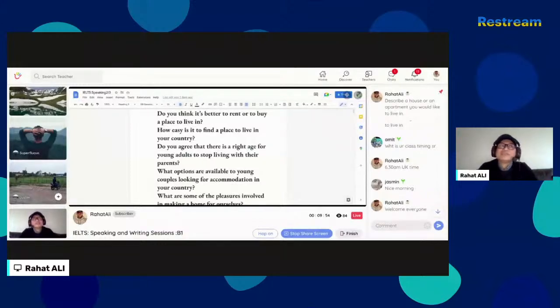You have explained passive voice. In this case, you have to use active voice because the question is asking directly to you. Do you agree or not? It means, do you agree that there is a right age for young adults? Then you will start like this. Yes, I do agree, or maybe I don't agree, or maybe it is